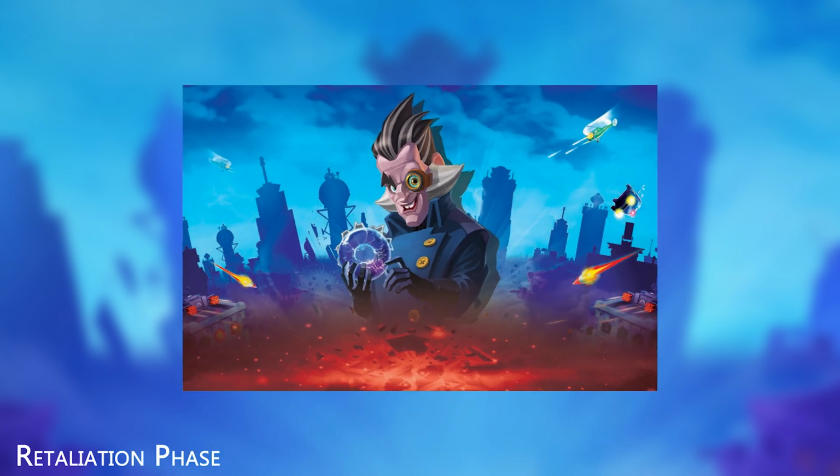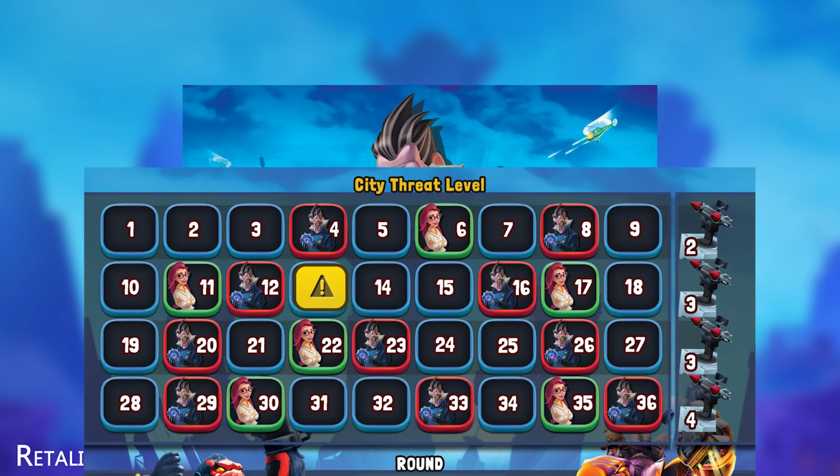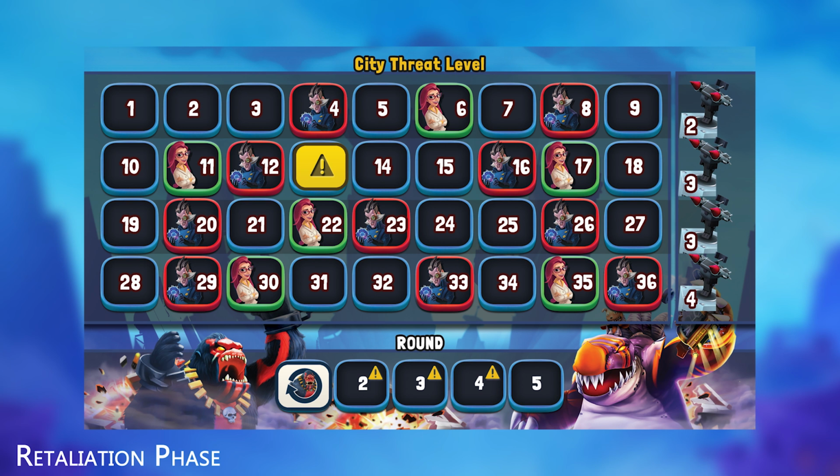Here, you'll be drawing cards from the retaliation deck equal to the city's defense level. To find the city's defense level, find the row on the threat level marker on the city board. Whichever row the threat marker is on, the current defense will be the one on the left. When you know the defense level, retaliation cards will be drawn and resolved one at a time equal to the defense level. So if you have a threat level of 13, which makes the defense level 2, you'll draw 2